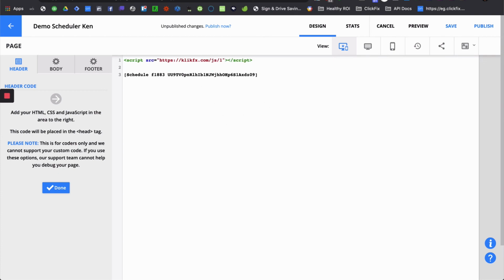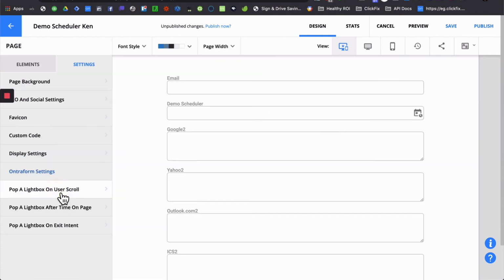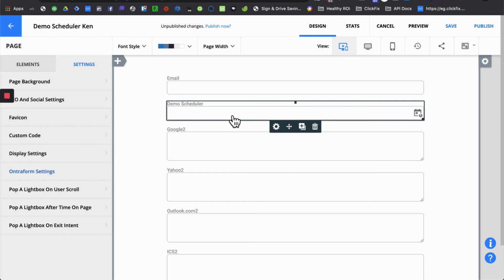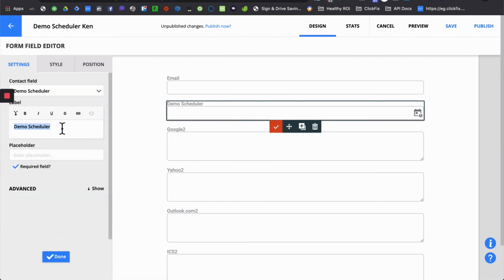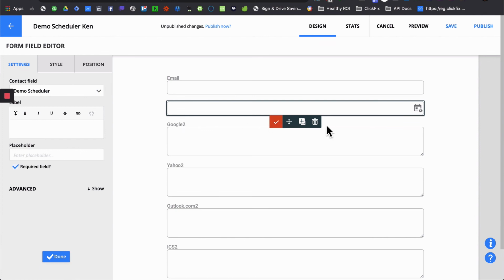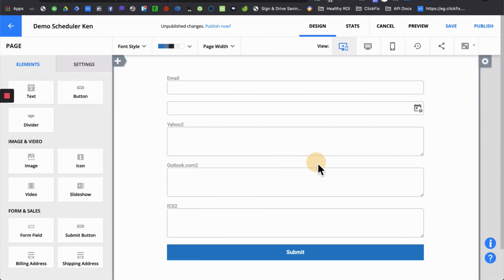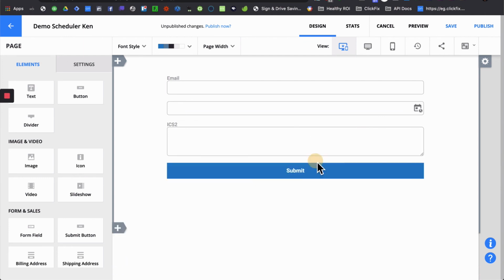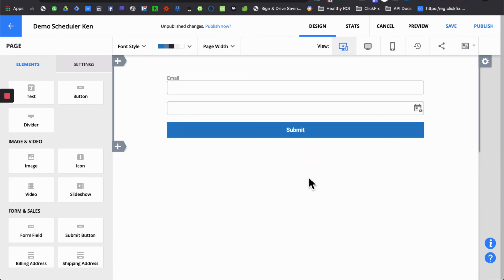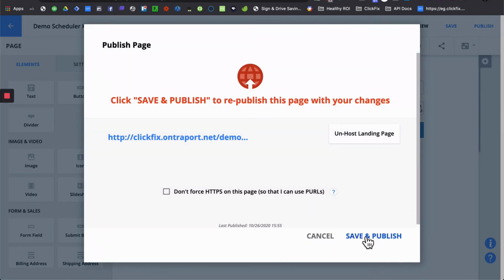Next thing I'm going to do, and this is optional, but what this does, we're going to put this in here so that there is no initial display of this code on the page and then have it disappear. Just looks a little bit cleaner. We're going to put this shortcode between this div tag here. And the last two things we're going to do is we are going to remove the label because we don't need the label anymore, or else it's going to look a little bit weird on the front end. And then I can go ahead and actually get rid of these because we don't need them on the actual landing page. Once I click publish,